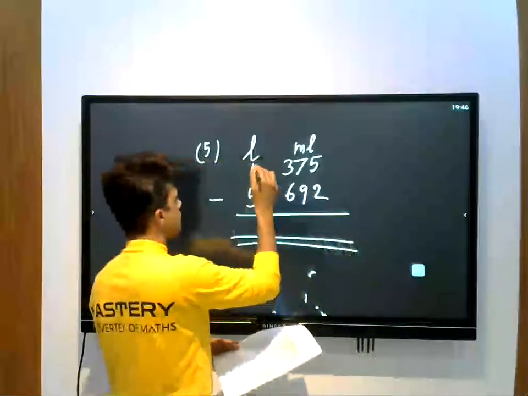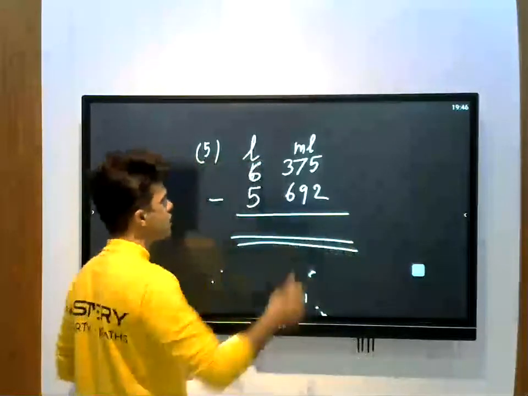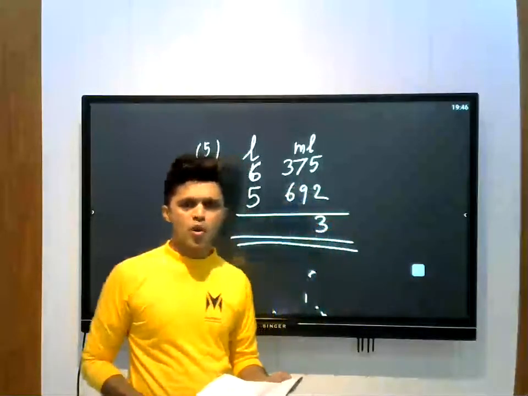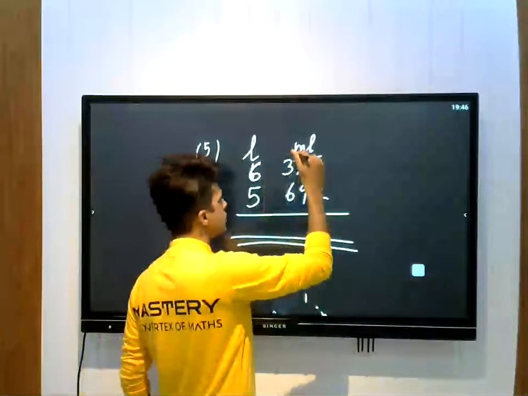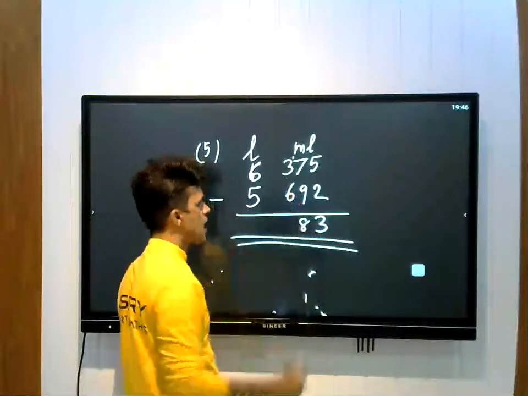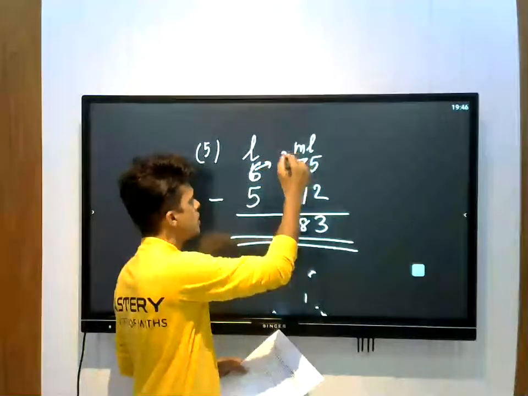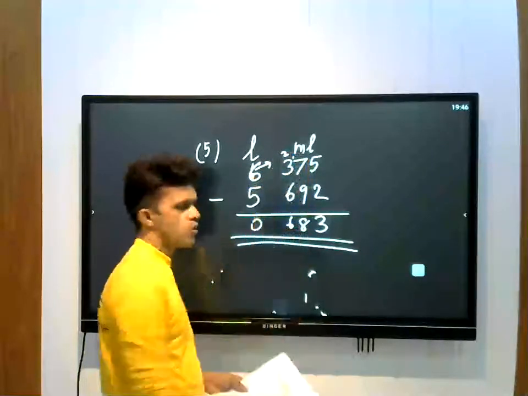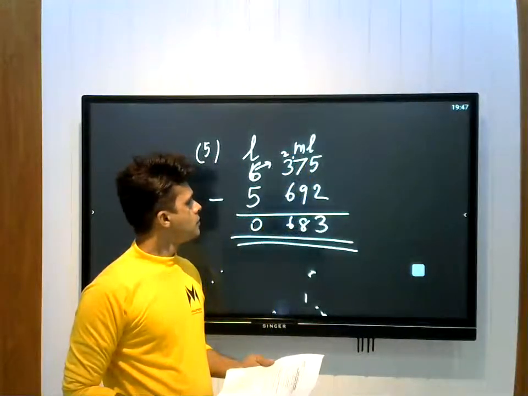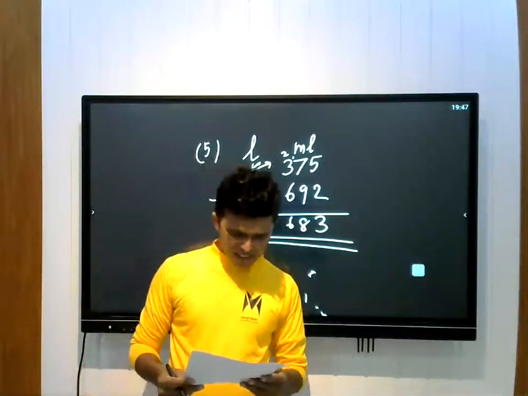You have to subtract. Here 6, how can you do this? You could subtract easily. Then 5 minus 2 is 3. You can't subtract 9 from 7, so you need to borrow 1 from this 3. Then this 7 becomes 17. 17 minus 8 is 9. Here the remaining is 2. You can't subtract 6 from 2, so you need to borrow 1 from this 6, then here 12. 12 minus 6 is 6, then 5 minus 5 is 0. So the answer should be 683 milliliters, right?